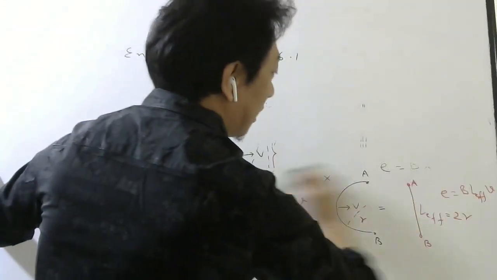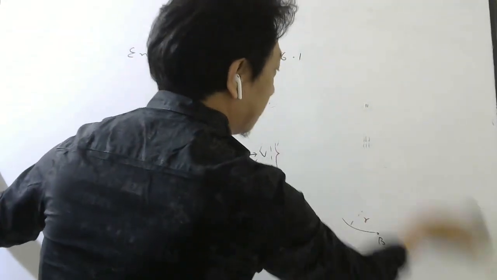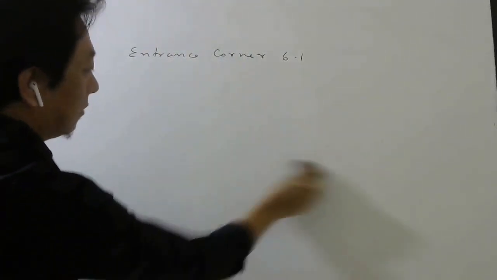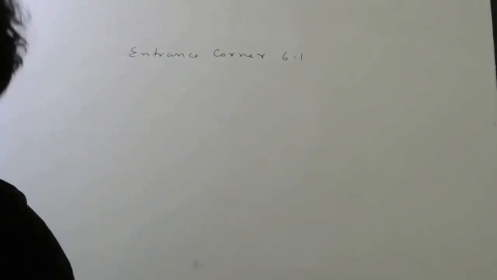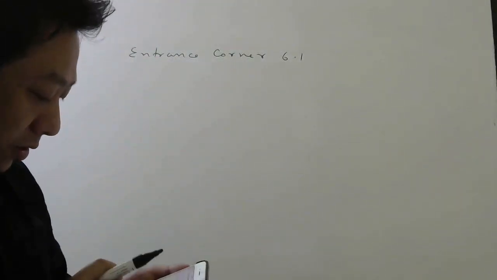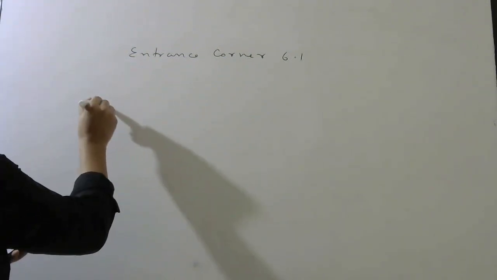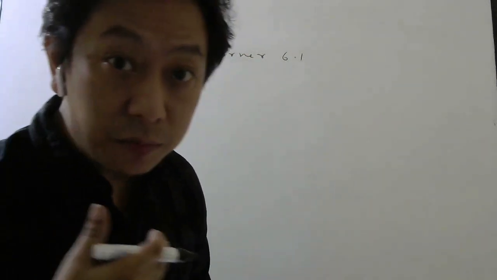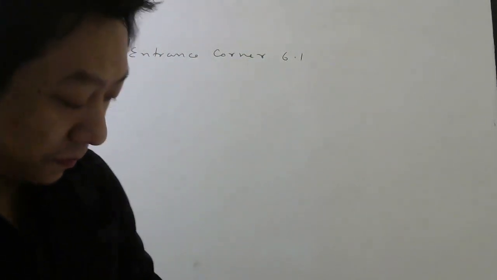Pause the video and write the notes. Okay. That is the advantage of recorded video. Correct? Okay. So let us see now question number 5. But motional EMF is used when conductors are moving in a magnetic field, remember.